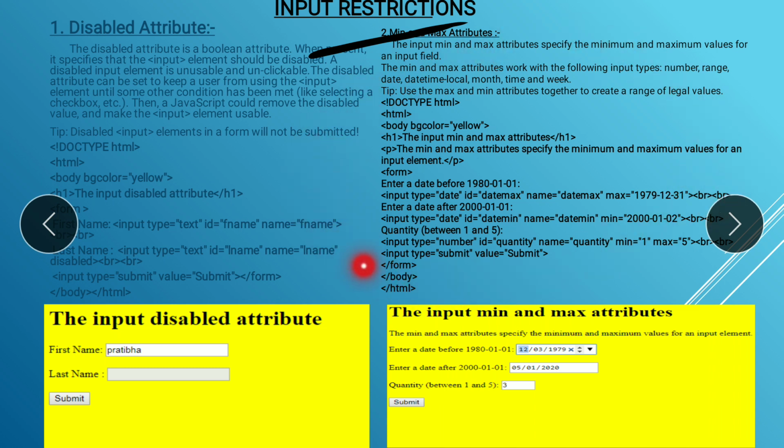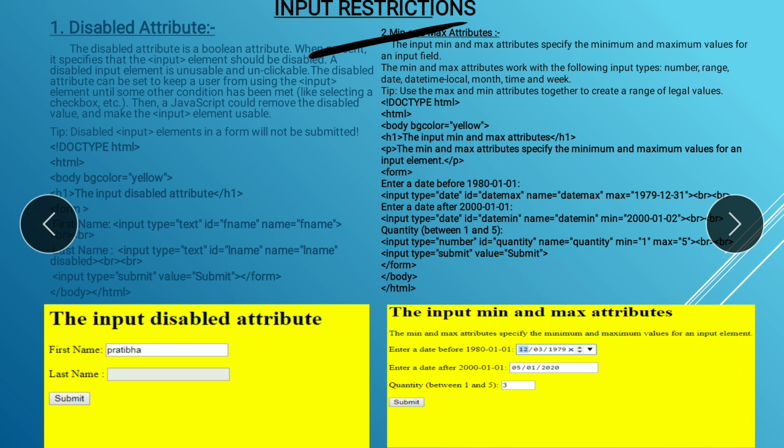Here you can also see, I am going to take two controls, that is a date control. You can see here date, right? Previously we learned about number and range.